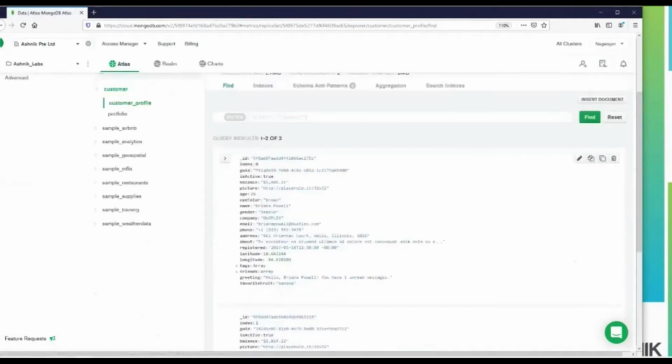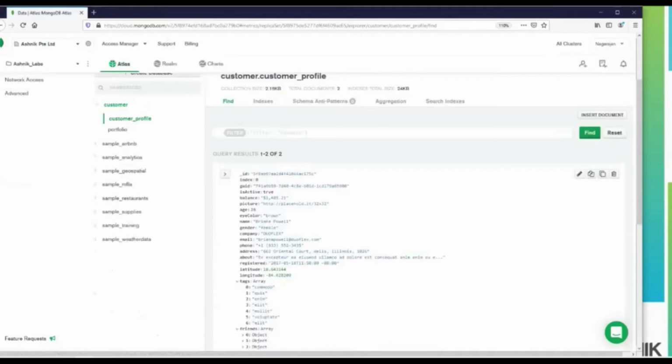So there are 2 collections available, as we have seen in our topic on Kafka. What we are seeing is typical operational data for a customer with name, gender, balance, and all other personal details. This document also has customer social data, the picture, and geospatial data like latitude and longitude.